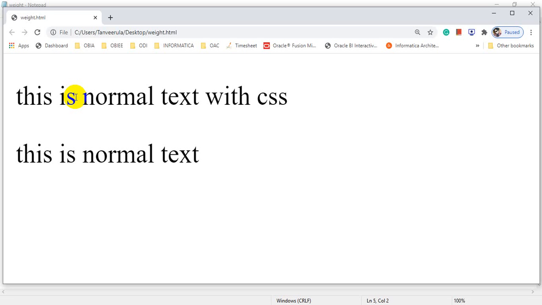But for the time being, just try to understand if we have n number of pieces, because in a web page we can have more than one paragraph tag, more than one h1 tag, h2 tag, h3 tag. These are some tags which we can use inside our web page.